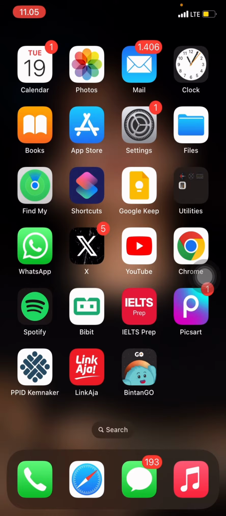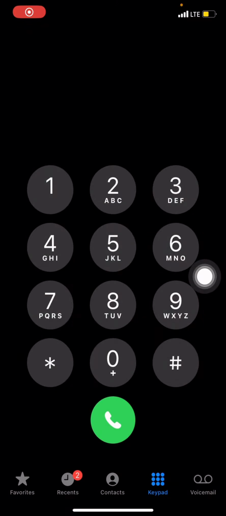Today I want to share a tutorial on how to add favorites on your iPhone. Specifically, I want to show how to add several contacts into your favorites so that you can reach them easily. First thing we're gonna do is open the Phone app by clicking this phone symbol, and